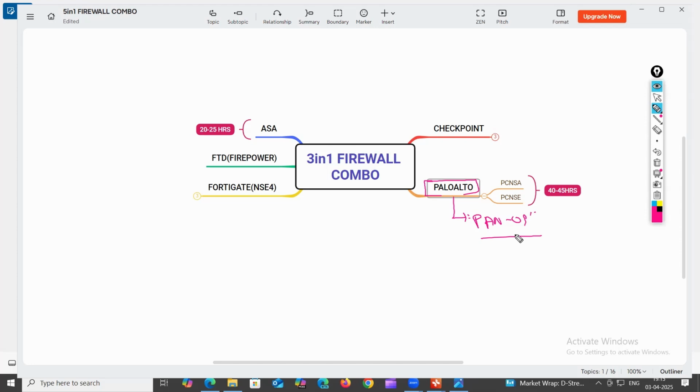In this Palo Alto firewall there are two levels of training. One is the administrative level, which means associate level, from beginner to associate, intermediate level, PCNSA. After completion of PCNSA, you will be able to manage your Palo Alto firewall